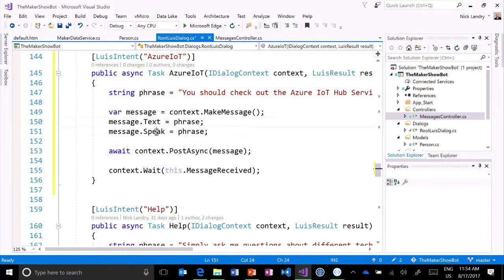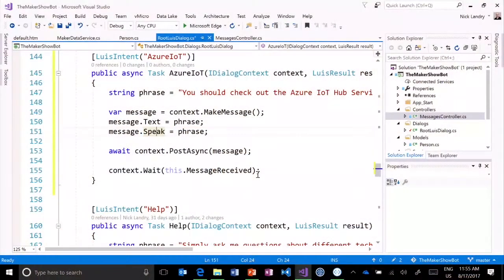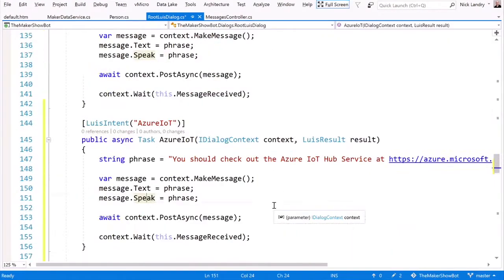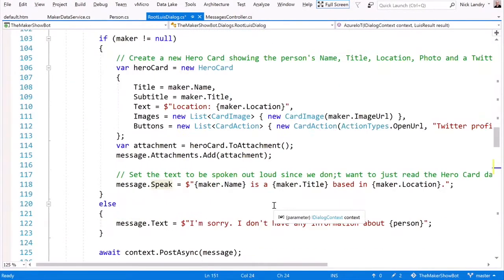I have a text and a speak because sometimes you might have an answer back where the user is going to use a speech-enabled channel, and maybe I don't want to say the exact same thing that I've displayed on screen. Like for example, when I showed that card of Brian Sherwin on screen, I had a text string for the response, for the speak, but I had an actual card that was created for the response here. And to show you what that card looks like, this nice card set comes from, see right here,